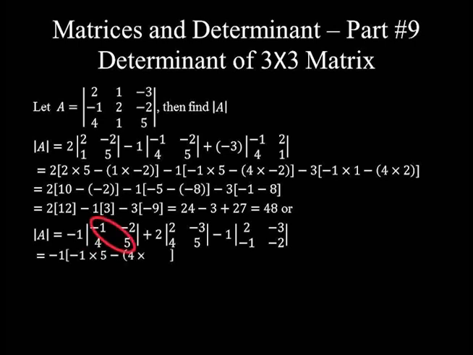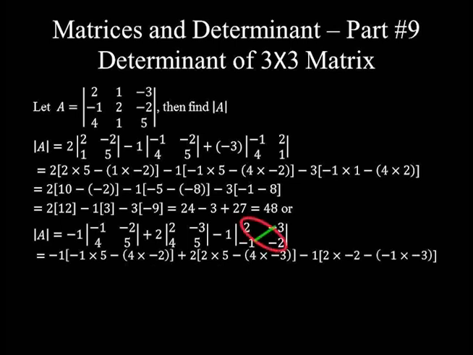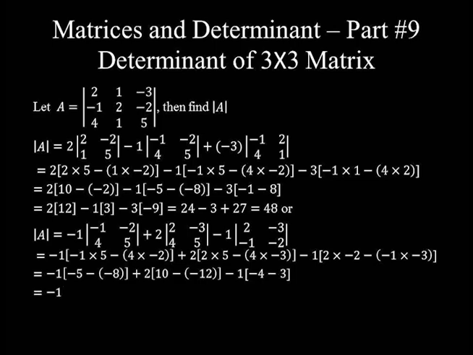which is equal to negative 1 times (5 minus 4 times negative 2), plus 2 times (5 minus 4 times negative 3), minus 1 times (2 times negative 2 minus negative 1 times negative 3). Negative 1 times 5 is negative 5, minus 4 times negative 2 is negative 8, plus 2 times 5 is 10, minus 4 times negative 3 is negative 12, minus 1 times (2 times negative 2 is negative 4, minus negative 1 times negative 3 is positive 3),